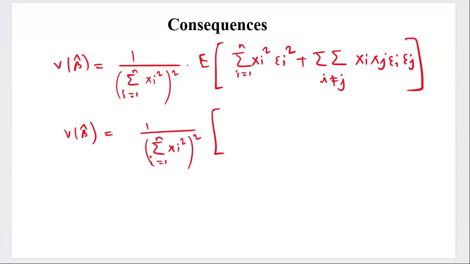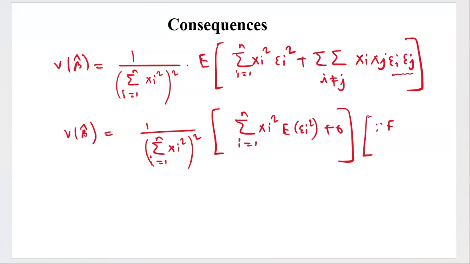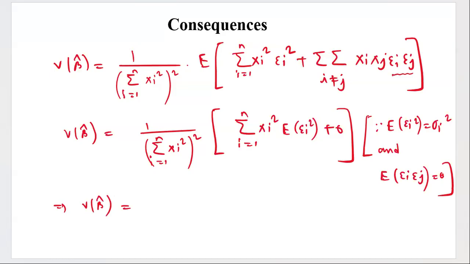So here what happens? Summation i from 1 to n xi squared, expectation of epsilon i squared, and this portion will be 0 because the non-autocorrelation property is satisfied. Let me write sigma i squared, and expectation of epsilon i epsilon j is still 0. We are not violating the non-autocorrelation assumption; it is still intact. So variance of beta cap is simply